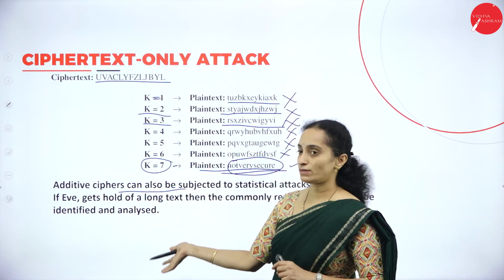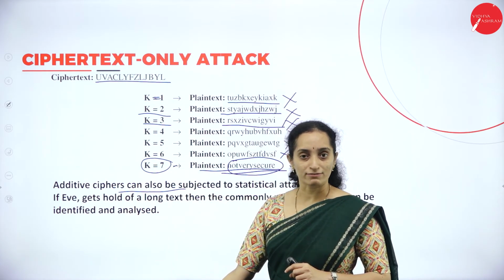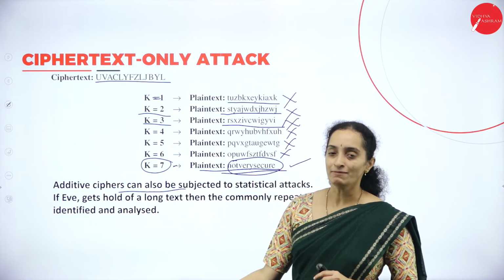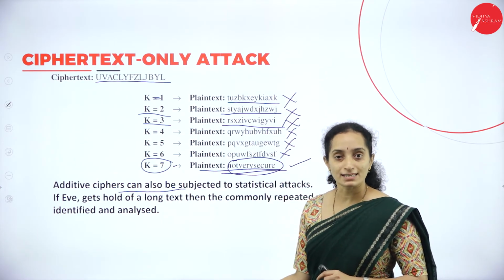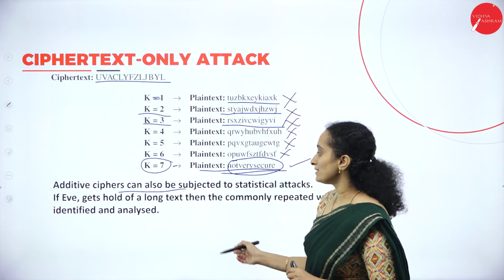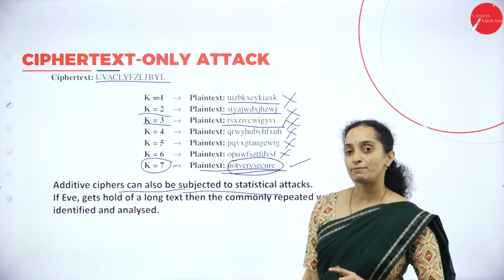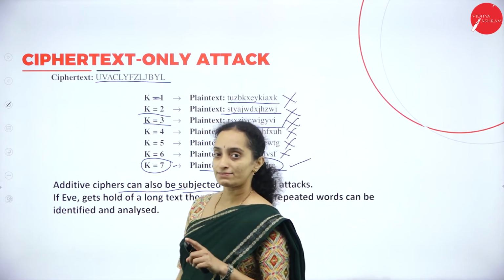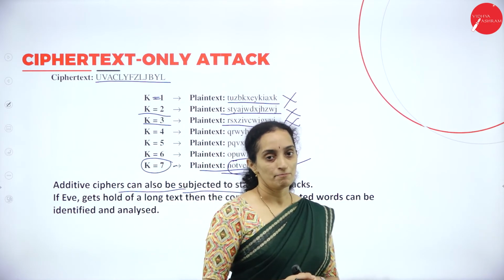If you had set K to 25, she can check for K equals 25, is it not? So, she can get a meaningful message in the 25th search. That means there is more vulnerability in additive ciphers when compared to other kinds of cipher methods.